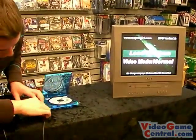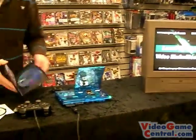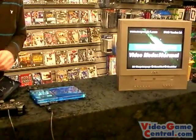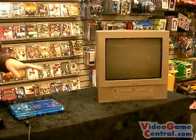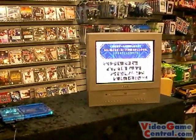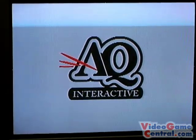So once you get to this screen, as we've showed you in the past, simply pop out the disc, take your import game, pop it right into the system, make sure it's seated, close the lid if you really want to, press X. Just so you know, this game takes a little while to boot compared to a lot of games. But don't be scared, it is working. It takes a while to boot this game, but here we go. There you have it. There's our Can of Heart 2 being played on an American system with a PS2 flip-top